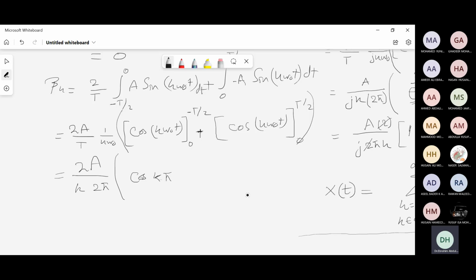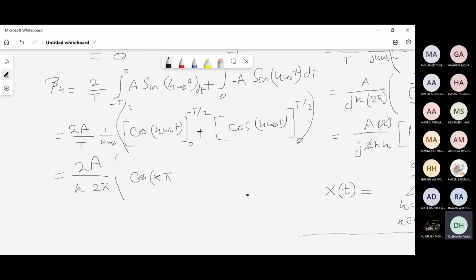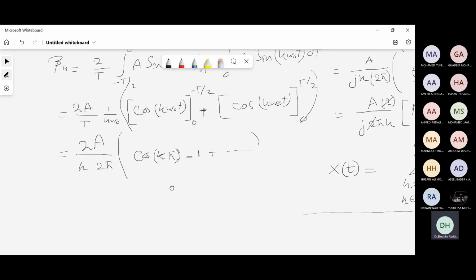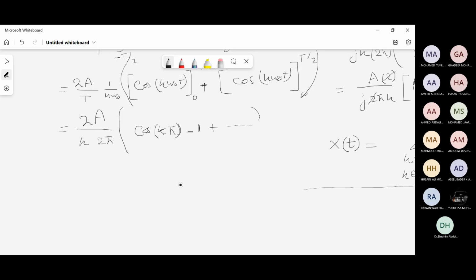So minus cosine is equal to positive cosine. Minus, add 0, cosine 0 is equal to 1. Then similarly, you can work with this one. It's just a substitution. So at the end, you will get